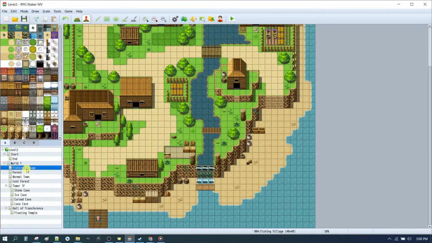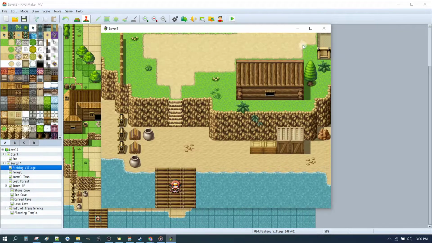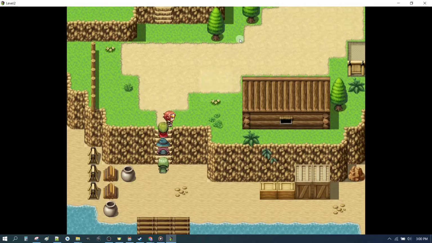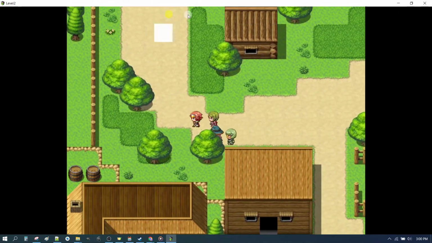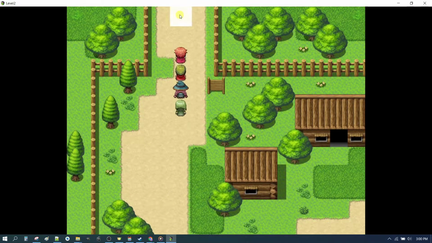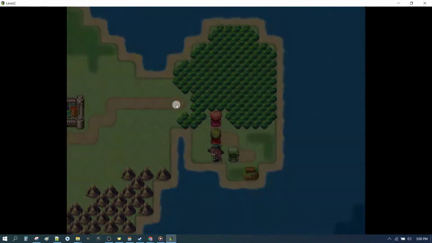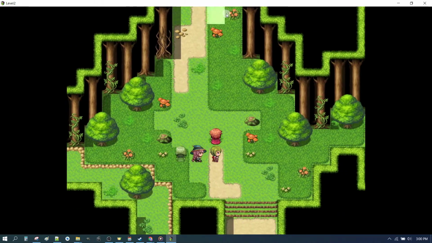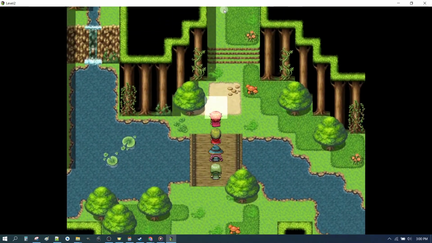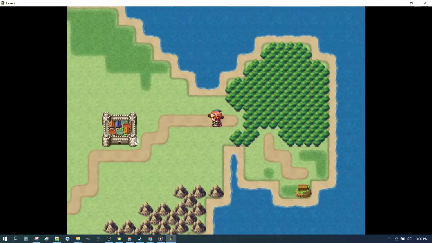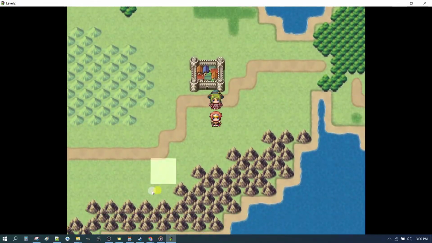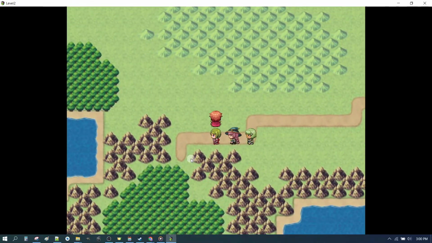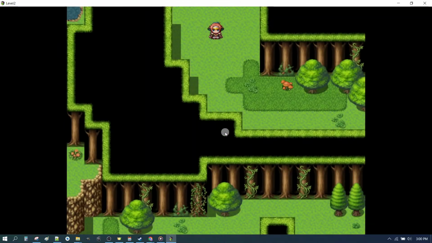Now we can go back to our fishing village, our player starts there already, hit playtest, and this is why it becomes really useful to switch off that initial starting icon and the menu screen straight away. You can switch them back on at any time by just reversing that process. Okay, off we go, through the forest, back to our town, into our town, out of our town, into our forest,